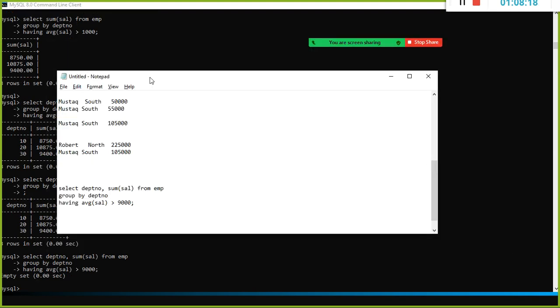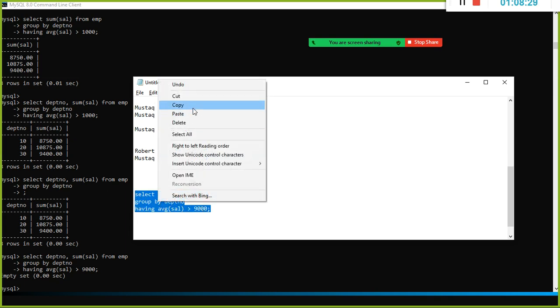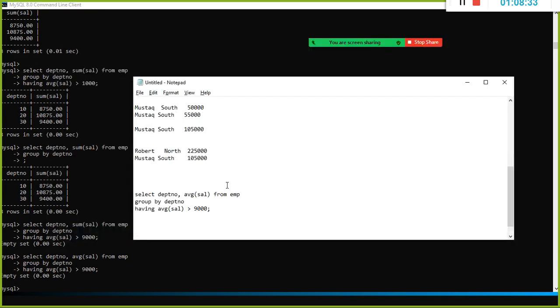Okay, salary, this guy is more than, okay, average salary, right? Here I'm using sum, that's the mistake I've made. Average, right? We have something like the average function. Here also nothing is coming. So instead of this I will say having count of star greater than 1.